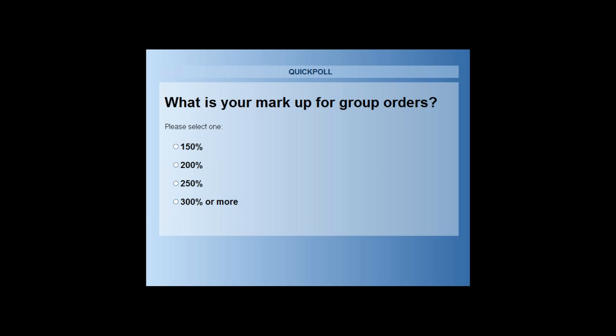Okay, keep voting. 60% of the votes are in. Give you a few more seconds. All right, looks like we hit a standstill, so let me close the poll here